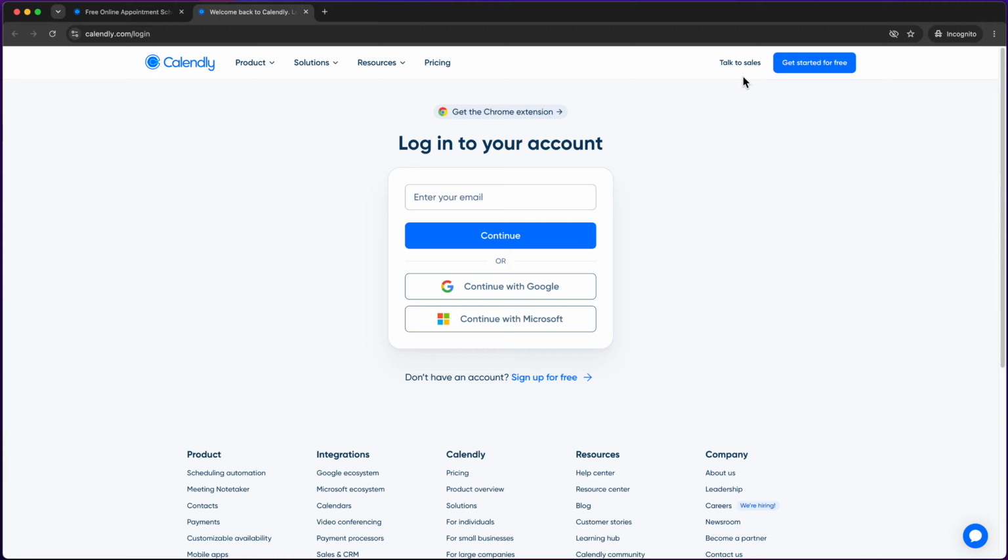Now, to make logging in quicker and more seamless, I recommend selecting the Continue with Google option. This method not only speeds up the process, but also integrates your Google Calendar, making scheduling even easier. If you choose this option, you'll need to select the Google account that's linked to the calendar you want to use. Just a quick tip here, if you have multiple Google accounts, be sure to select the correct one to